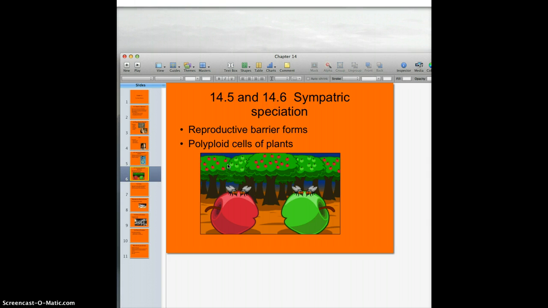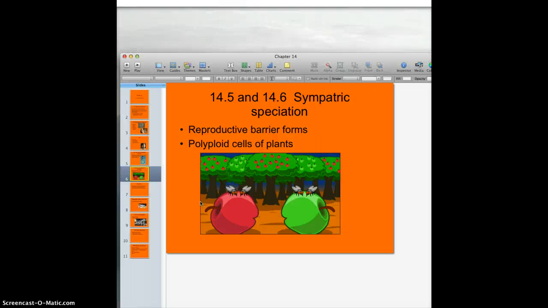All right. Sympatric speciation, sometimes just a reproductive barrier forms. In Hawaii, there are fruit flies, and they recognize different food sources. It keeps them apart from each other. You get polyploidy in plants, and because of the polyploidy, which if you forget what that means, diploid is 2 sets of chromosomes, polyploid are more sets than 2. So you end up with one plant that's maybe triploid and another that's octoploid, which means it has 8 sets